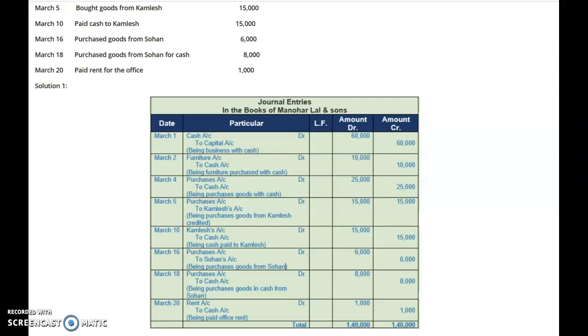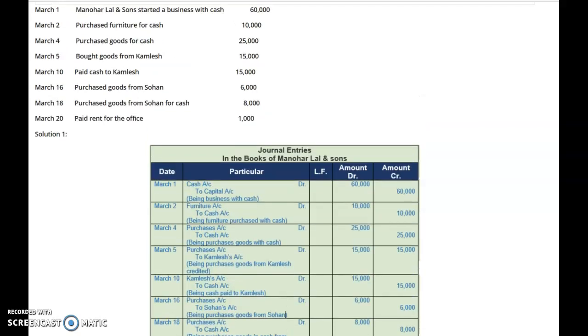This way we will record the journal entries. Today we have taken simple entries which involve only two accounts. In the next classes, we will cover some advanced entries. They also include more than two accounts. We will also learn how to record compound entries and how to record opening entries. So step by step we will learn one by one. I will also share with you my live class relating to the journal and journal entries.